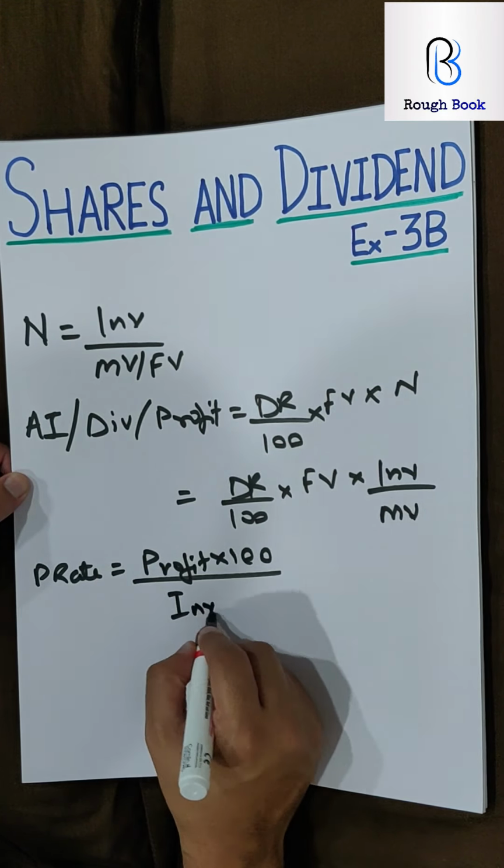So what does your sum number 1 say? It says a man buys 75, so number is 75, rupees 100 shares, so face value rupees 100, paying 9% dividend. So your dividend rate is 9%. He buys at such a price that he gets 12% of his money. So that is profit rate, 12% is what he is getting. At what price did he buy? So what they are basically asking you is the market value.